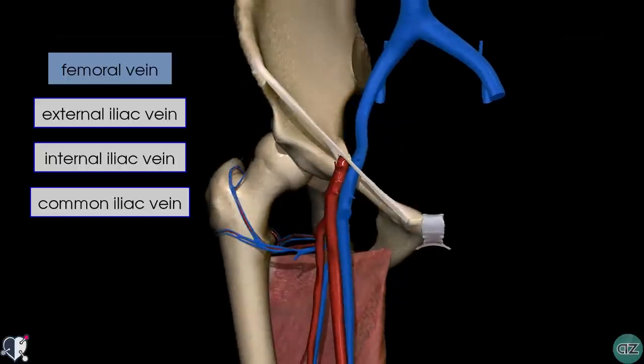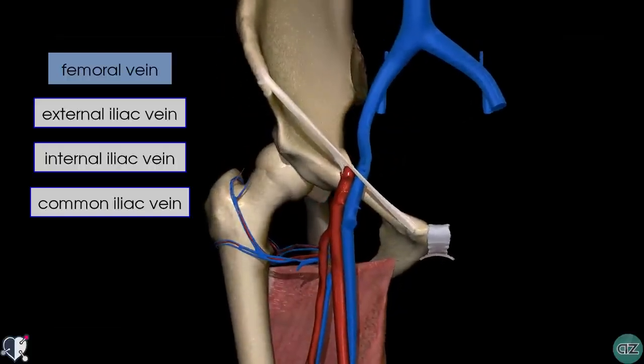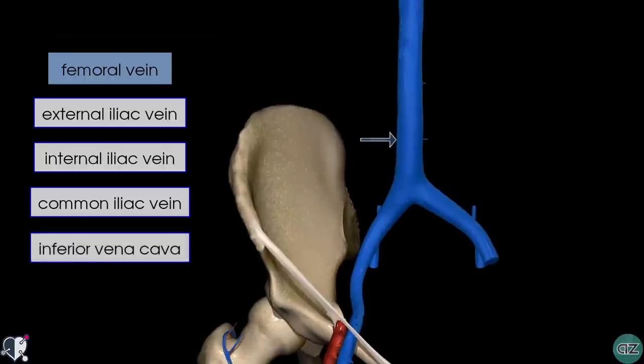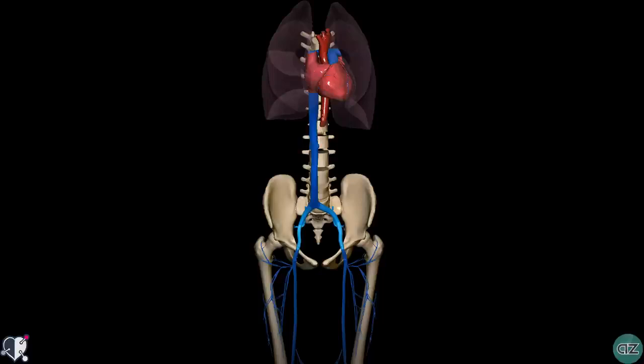The left and right common iliac veins then unite to form the inferior vena cava. So you may have heard of a DVT, which stands for deep vein thrombosis. This is the formation of a clot in the deep system of veins which I've just described. And if this clot is dislodged, it can pass into the right side of the heart through the pathways that